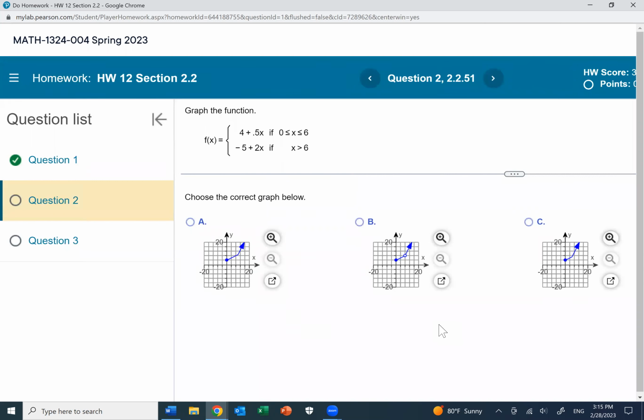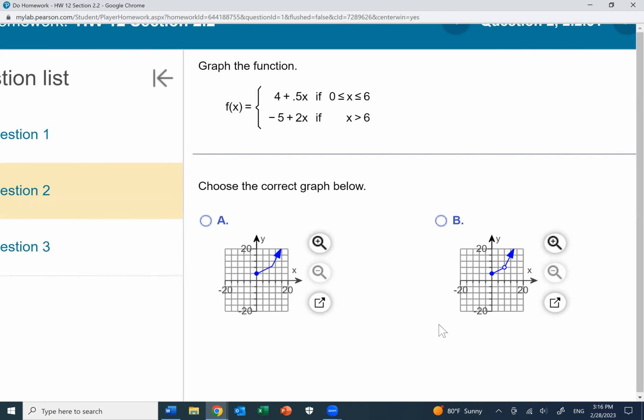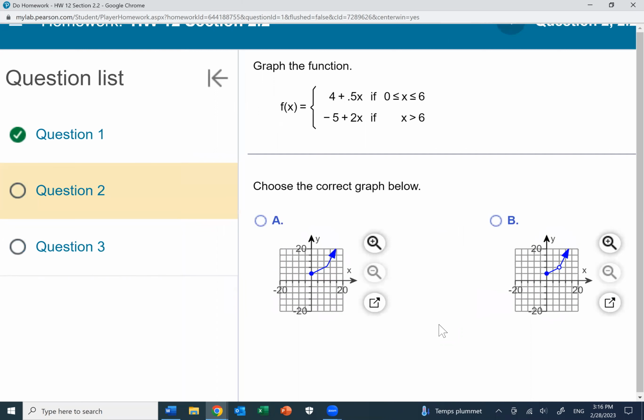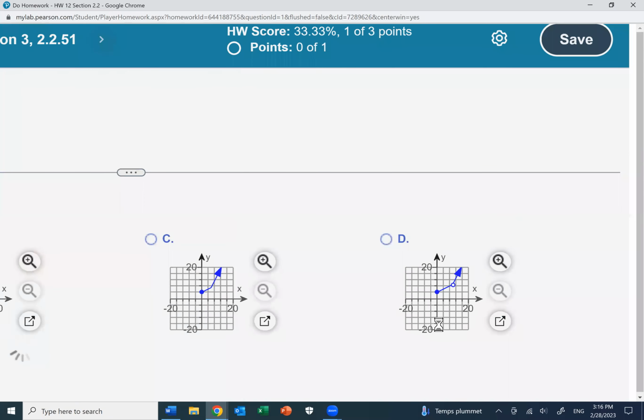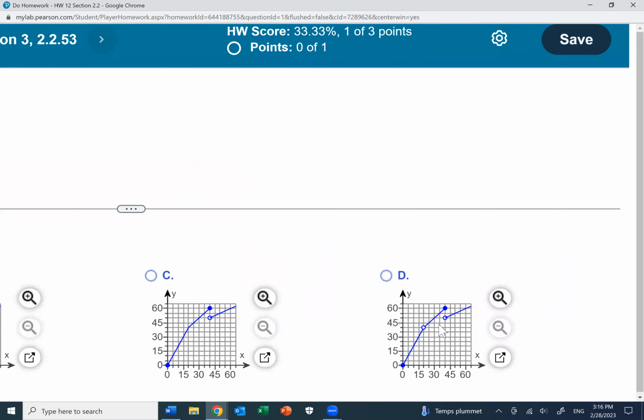You have from 0 to 6. So both of those have less than or equal to. So both of those points are going to be filled circles from 0 to 6. And then the next one starts from greater than 6. So you can pick 6 and something else, 7, 8, whatever you want. And then you're going to graph those. And so I'm not doing this the same way as number 1. I can do number 3 because number 3